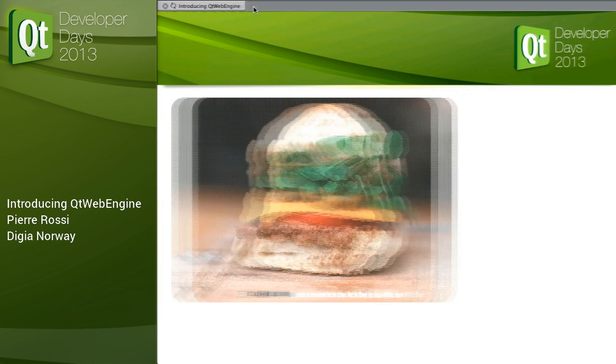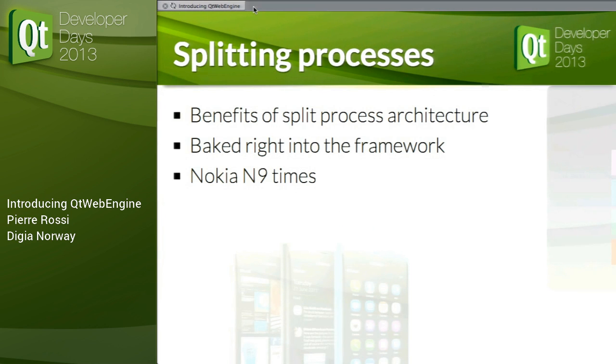So with this sandwich, where did we take it? In the Qt 4 times, we had only one Qt WebKit API that was a whole module, and it was WebKit, what we now call in Qt 5 Qt WebKit widgets. So it was widgets based, and it was a single process design. It's what we now call WebKit 1. We refer to it as WebKit 1, which is a bit of a silly name, but it's just as opposed to WebKit 2,